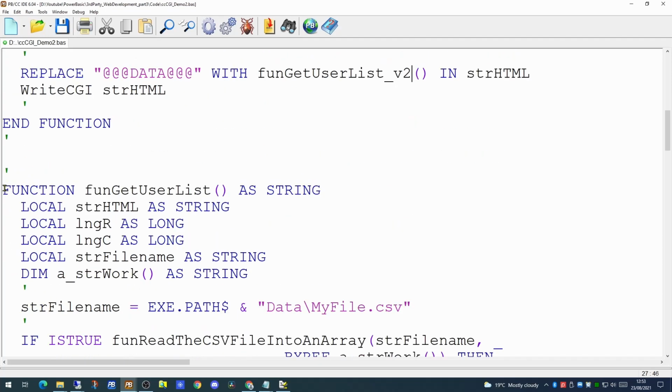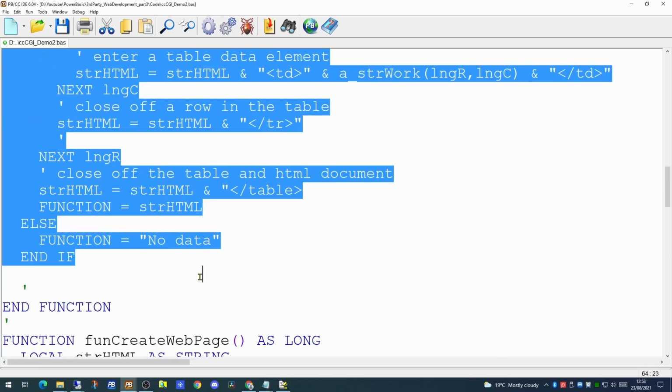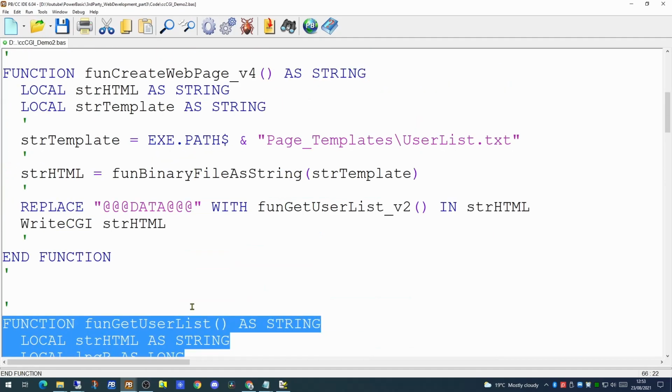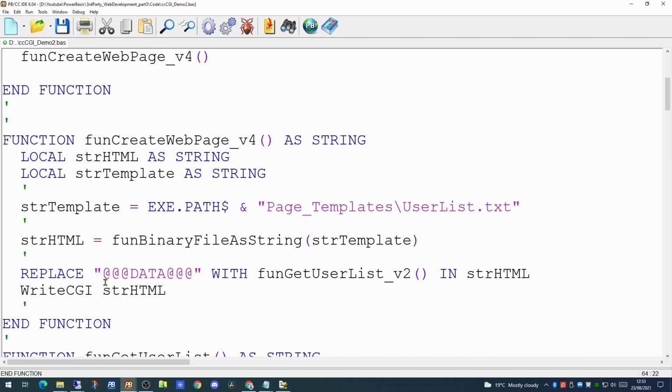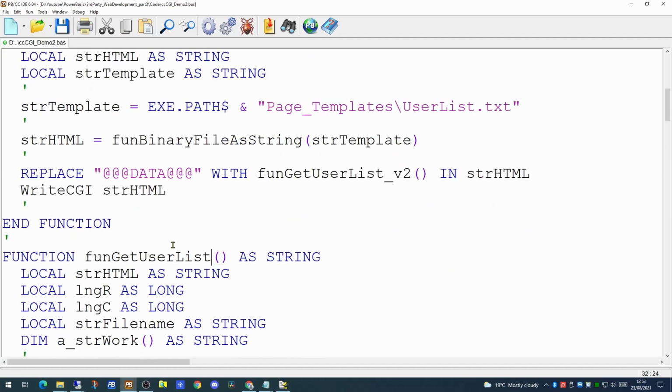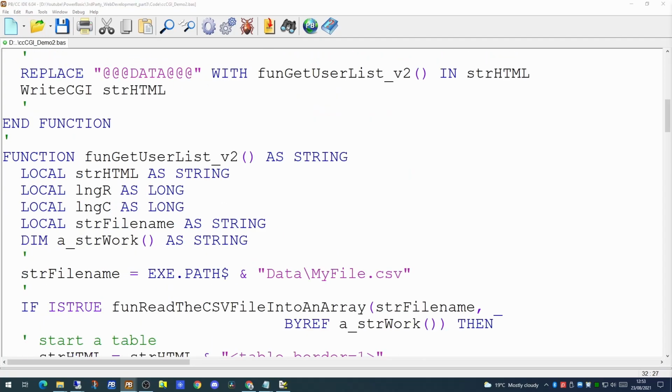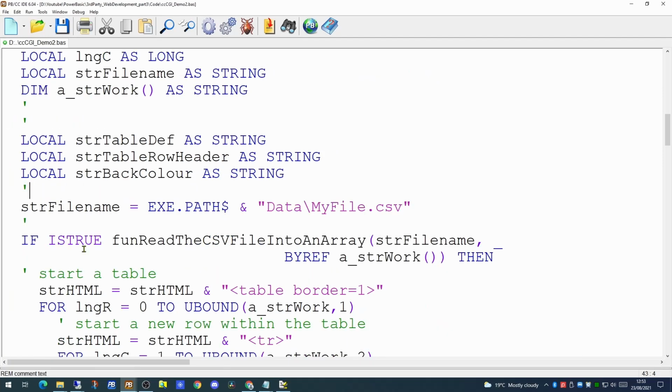So we'll copy the user list function we have at the moment and we will amend from inside there. And this will be our user list version 2. Now we're going to create 3 additional local variables to allow us to amend the definition of rows and headers. So we'll create 3 new local variables: a table definition string, a table row header string, and a back color